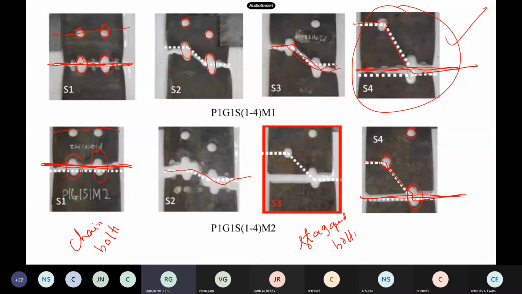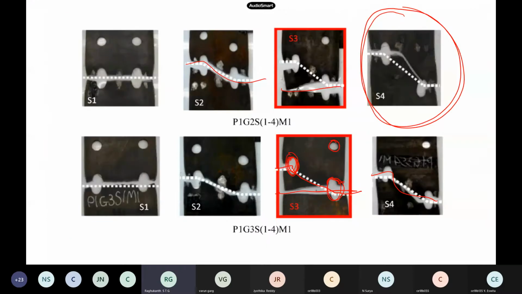So these are some of the failures. When you have staggered bolting, you can have failures along inclined planes also, which we discussed last class. If you have uniaxial tension and a plane like this, only tension will be there. But if it is inclined at some angle, then you have shear as well as tension, and both will be there. Then maximum shear stress theory comes in, and you can't use B minus N into DH because of these things, so this formula came into picture. It was done, I think, in 1922, but still everybody uses that formula.